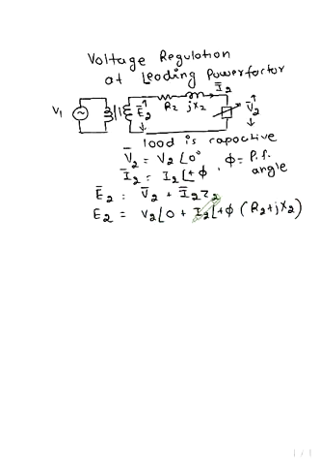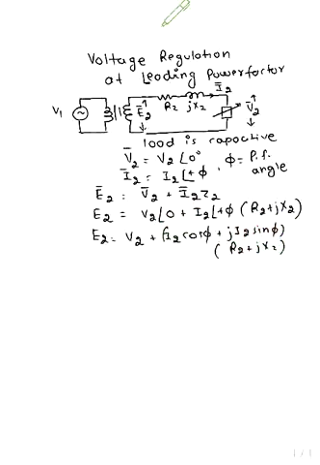Now we convert to Cartesian form. We can write E2 is equal to V2 plus I2 cos phi plus j I2 sin phi, multiplied by R2 plus jX2. So after multiplication we can open the bracket, and we will find E2 is equal to